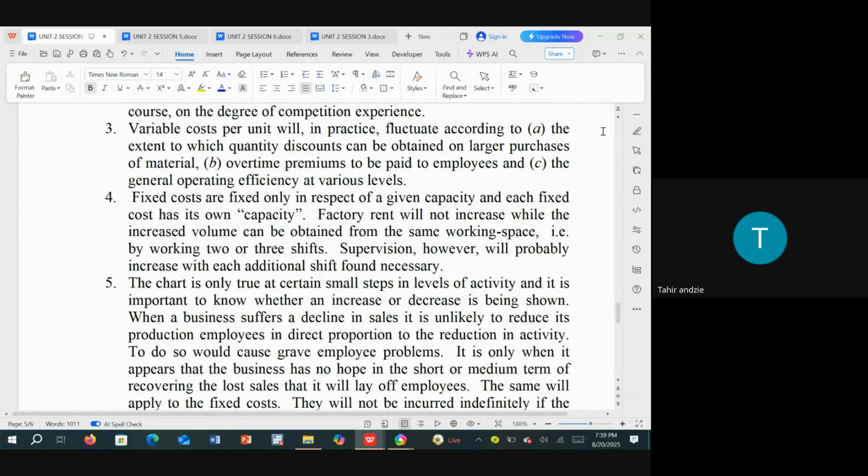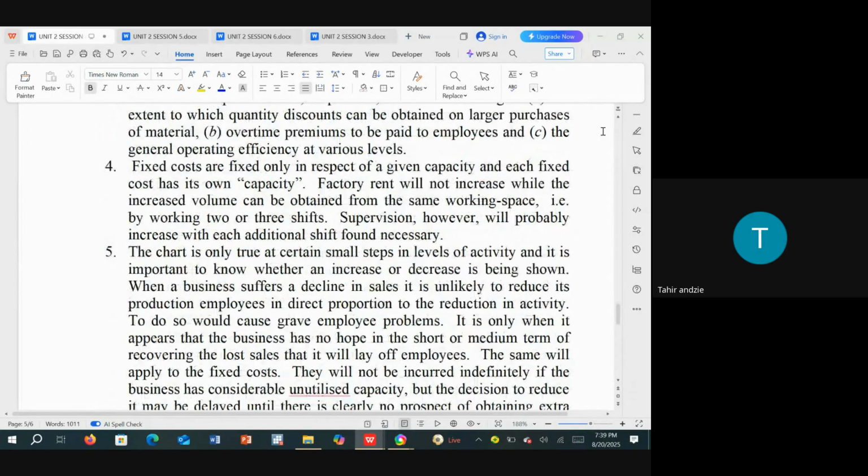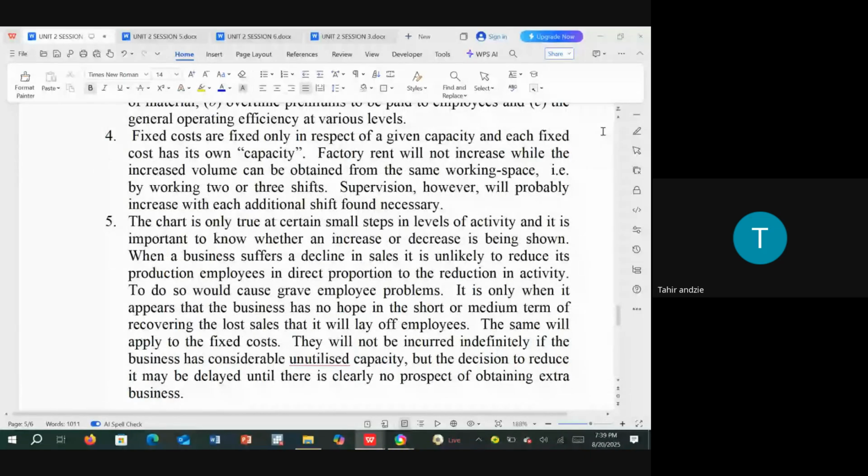The same will apply to fixed costs. They will not be reduced immediately if the business has considerable unutilized capacity. So fixed costs cannot remain fixed at one particular point in time, but the decision to reduce them may